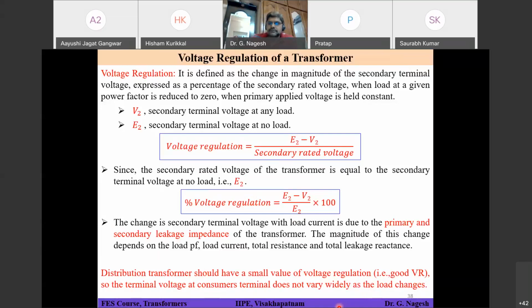If it is very small, then the error in the 230 volts which was shown now will be less. It will not deviate much from 230 volts. Distribution transformers are always designed with the objective of minimizing this voltage regulation, so that if it is 230 at the consumer terminal, it will come close to 230. If this voltage regulation is more, then the voltage will deviate from 230 volts by a larger value. Got it?